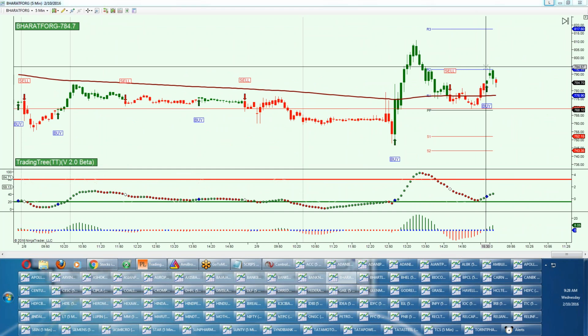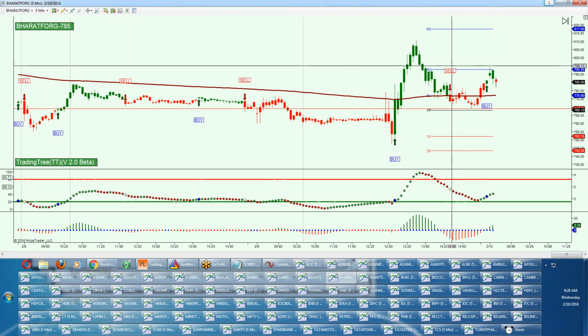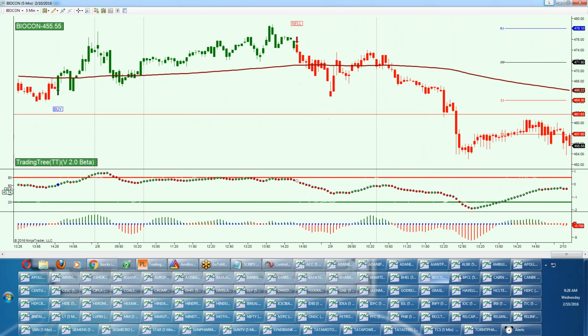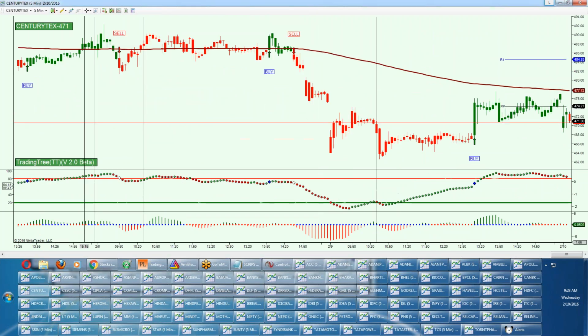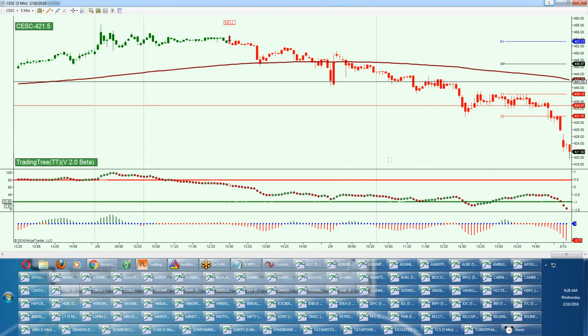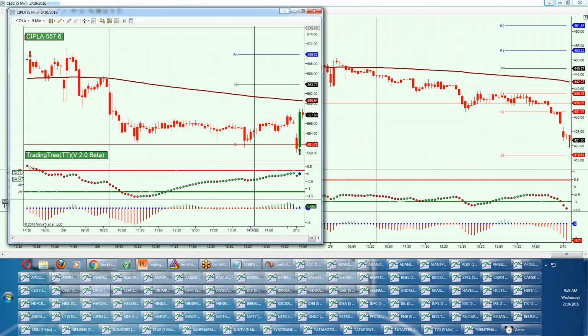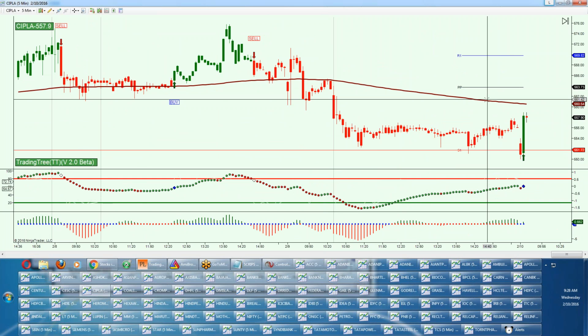Bharat Forge, it's on news, we will buy above this. Cipla, we will buy above this